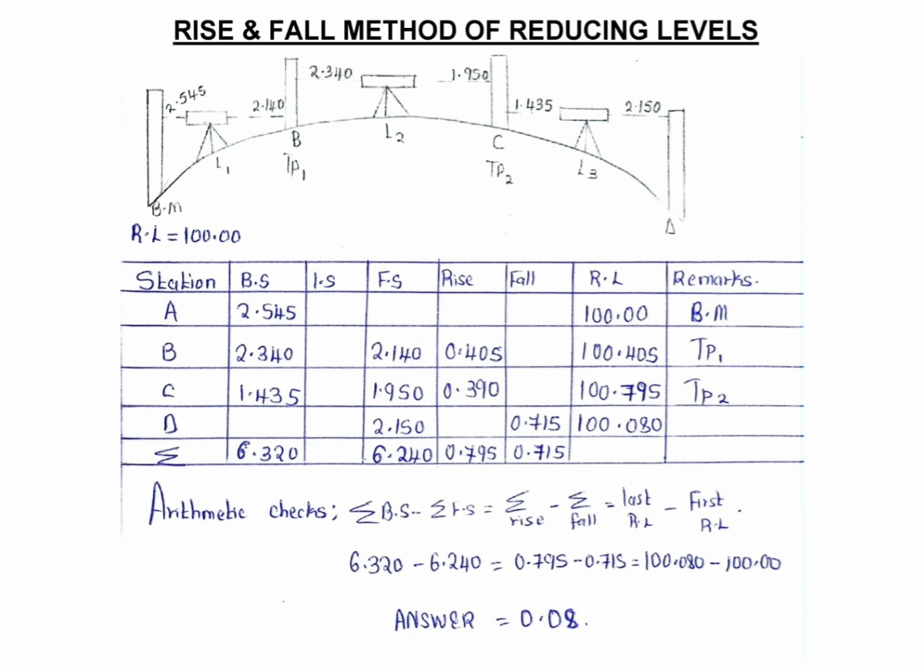When you less the summation of foresight, the answer you get from summation backsight minus summation foresight is supposed to be equal to summation rise minus summation fall, which is also supposed to be equal to the last reduced level less the first reduced level. When you do those, it's supposed to give you the same value, which lets you know that you have done the sum correctly, and the answer you're going to get